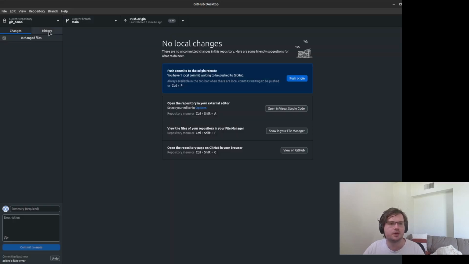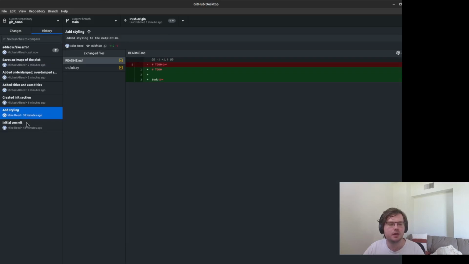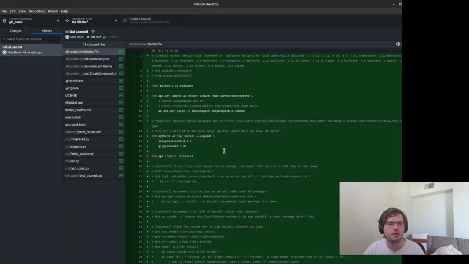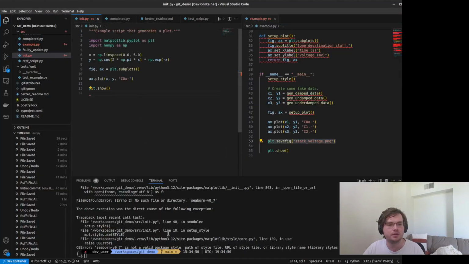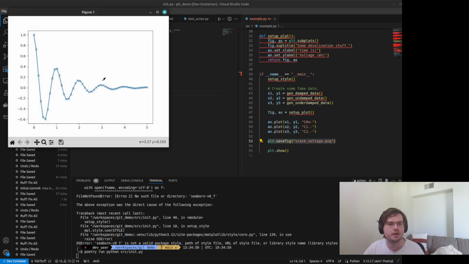So now if I go back to history here, I can find that specific section that I know is the time that I want it to be. In this case, it may be the initial commit, and this was the point that Jeff wanted me to work from. So if I check out that commit and go back to my original file, you can see that it is exactly as it was at that point, and it plots the plot exactly as it was then.